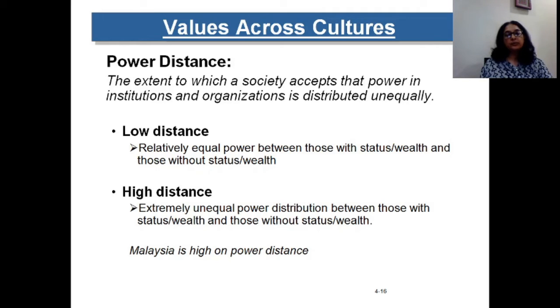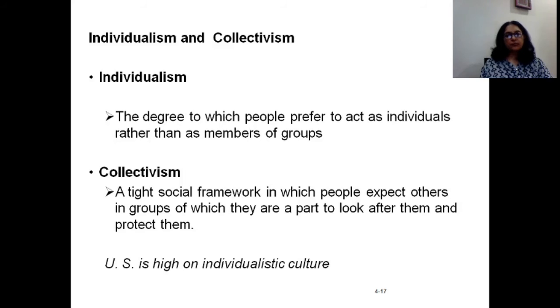And here people value this unequal distribution of wealth and status, and the people in the lower order can be seen treating people who are in high status, in the higher position, as having godlike status. For example, India is a high power distance culture, and here you can see the distinction between the two. Second is